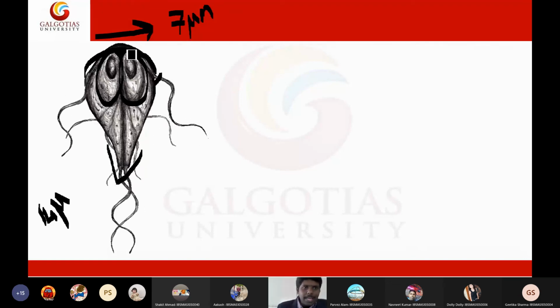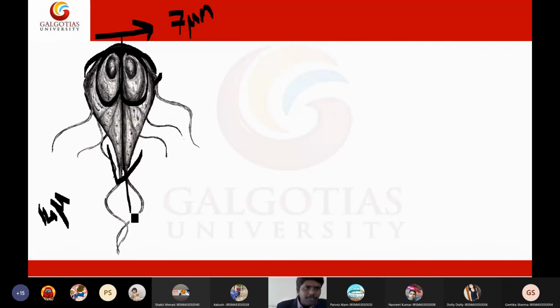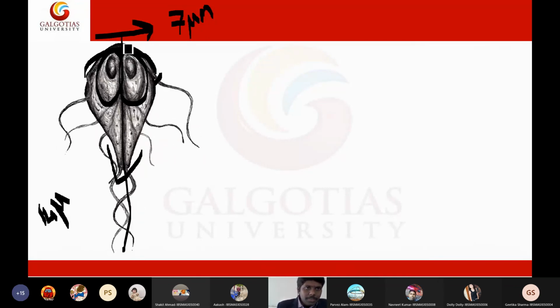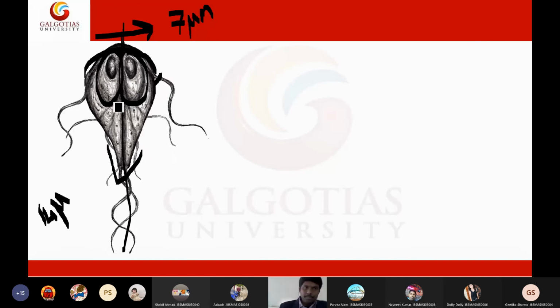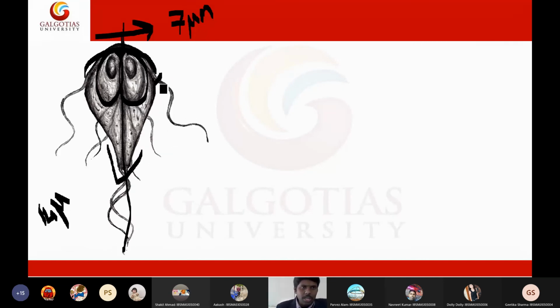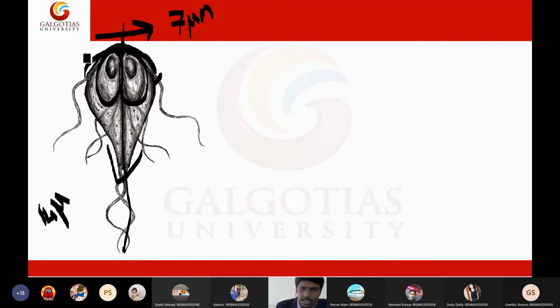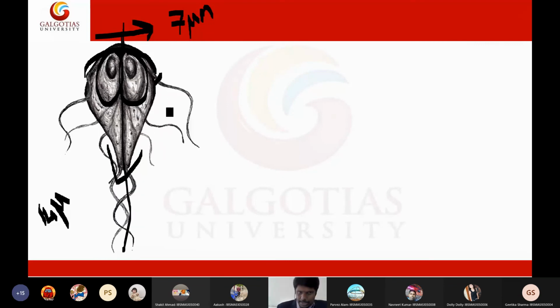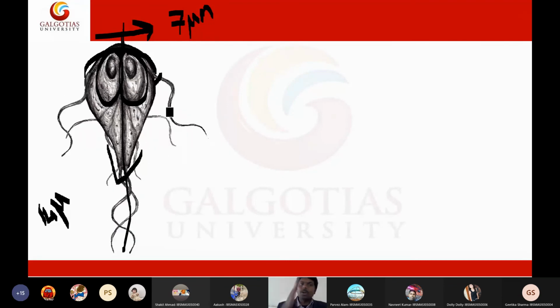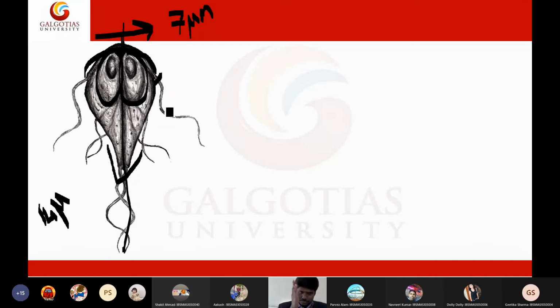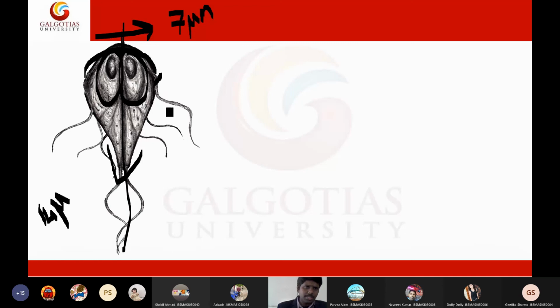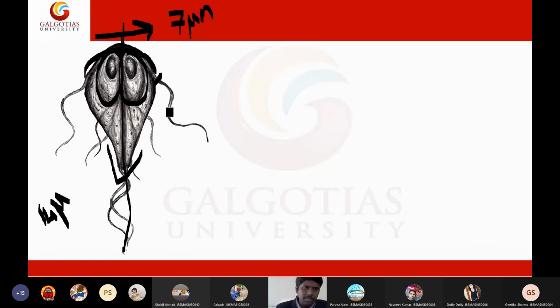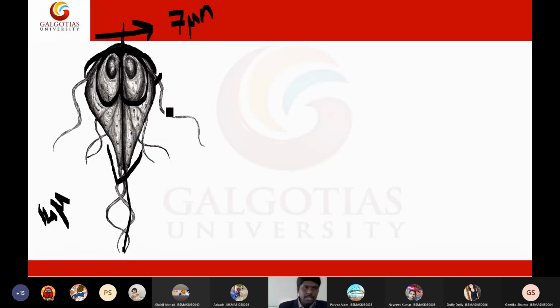What is the meaning of bilateral symmetry? Bilateral symmetry means if you take half of this protozoan, the other half will look like a mirror image in structure. So both halves look similar. Even humans are bilateral. You have one ear on one side and the other ear on the other side. So our Giardia lamblia has a bilateral symmetry.